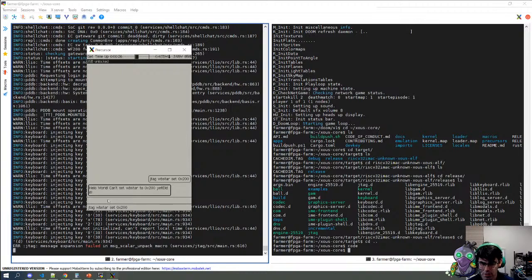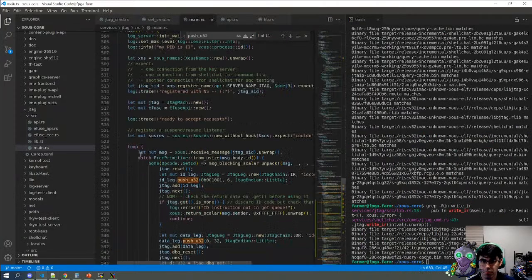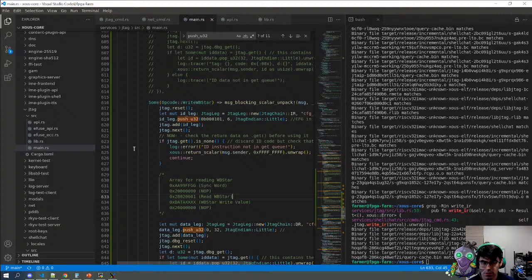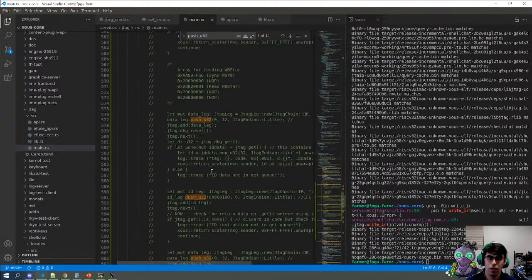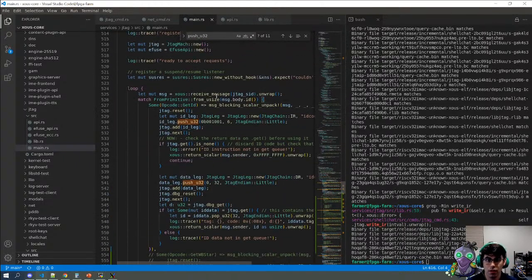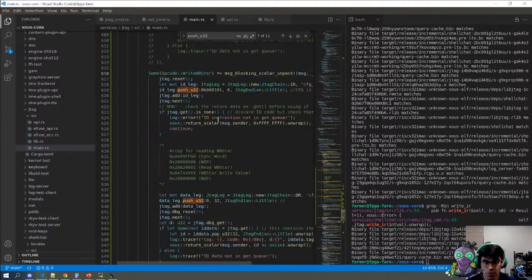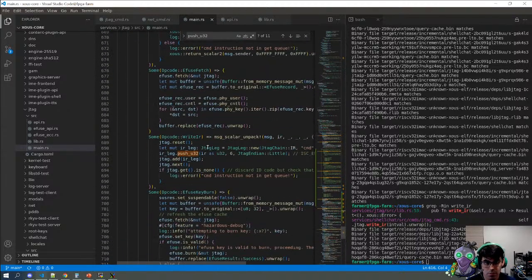Error: JTAG message expansion failed in mess. JTAG server 6. Okay, which one is that? So that's going to be the main, the 16. Oh, it's a blocking. Okay. That's why the IR command get DNA scalar unpack,